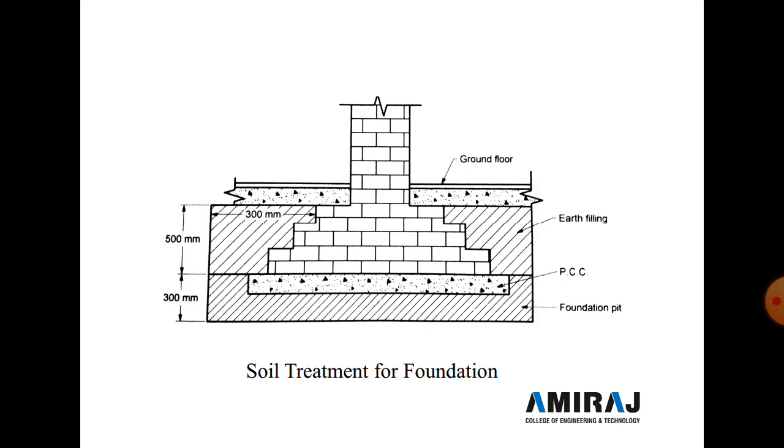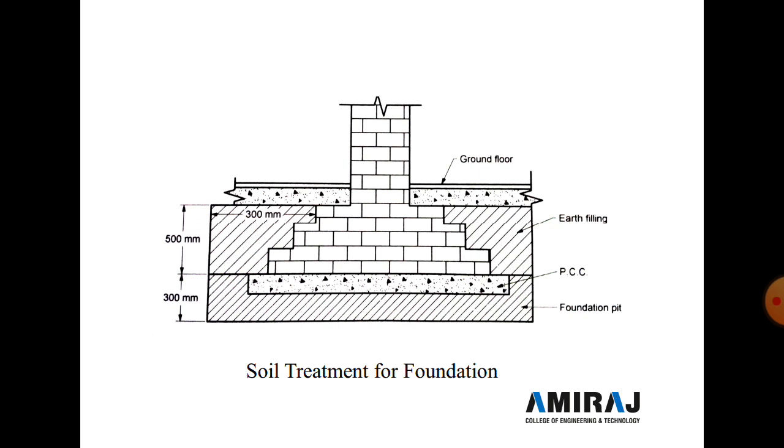See these figures of soil treatment in a foundation. So here soil treatment is divided into three parts. First part: the bottom and sides of the foundation pits are treated up to 300 mm height by applying the chemical at the rate of 5 liters per square meter. Then in part 2, the filling earth between the foundation pit and ground floor is treated up to a depth of 500 mm and a width of 300 mm, as in this figure, by applying the emulsion at a rate of 5 liters per square meter.